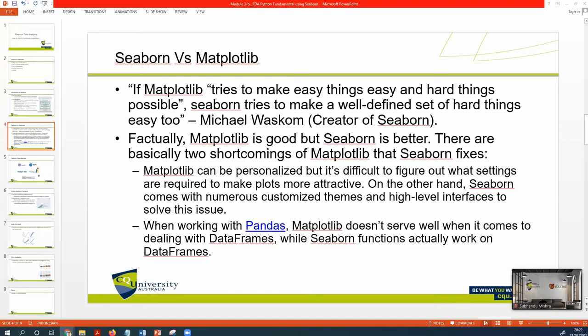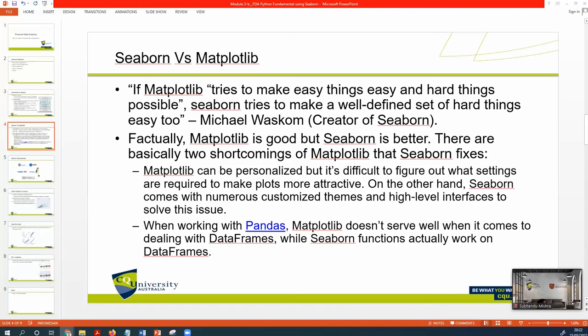In Matplotlib hard things are possible, but in Seaborn hard things become easy. This is from Michael Waskom, the creator of Seaborn. Using Seaborn, you can make hard things easy for visualization.